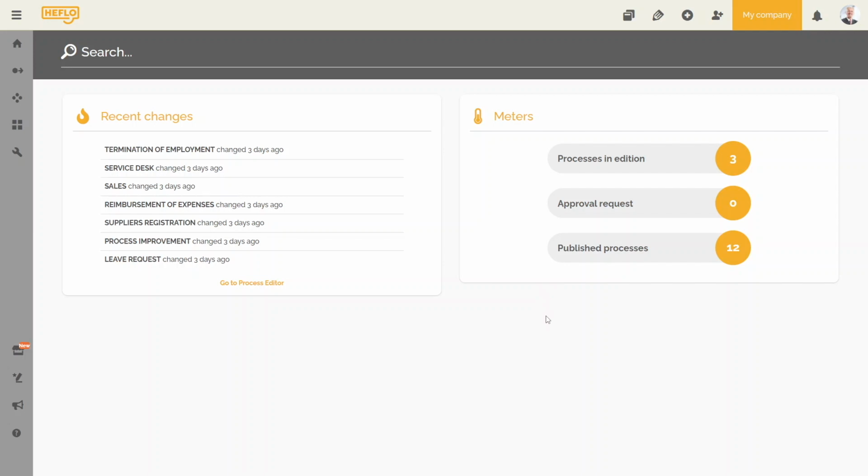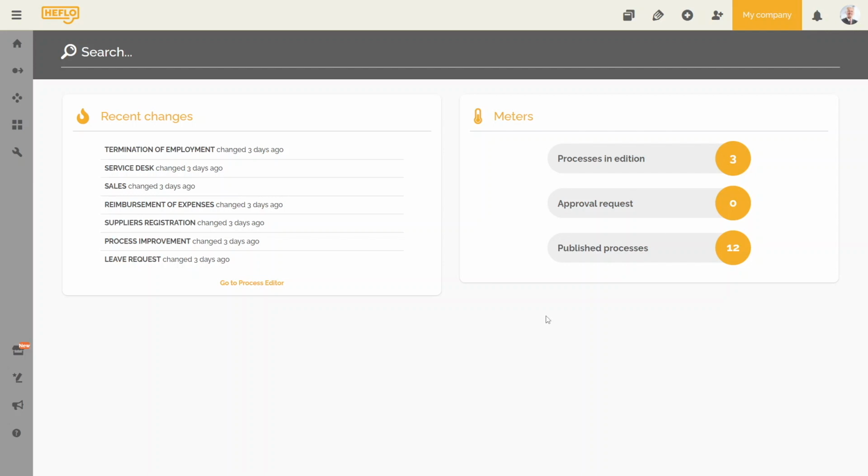When we log into HeFlow, we access an environment. You can find the name of this environment at the top right of the screen. It is possible to access several environments. If during your connection, you access an environment that you have created, you are then a user with an administrator role in this environment. You will learn more about the different HeFlow roles and the management of environments in the last course of this training.